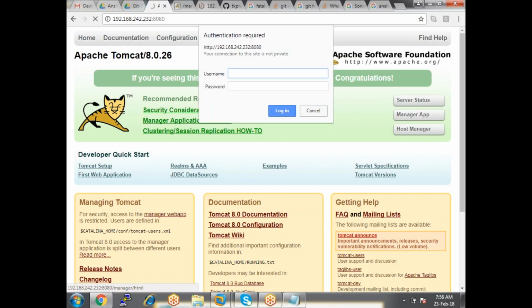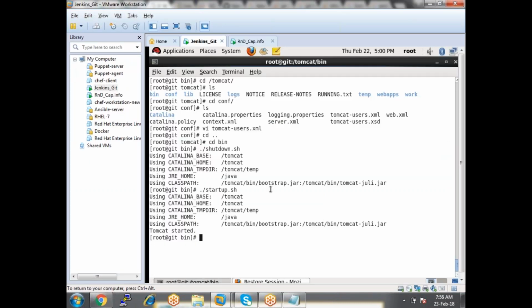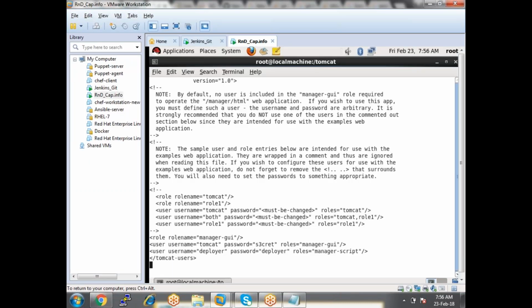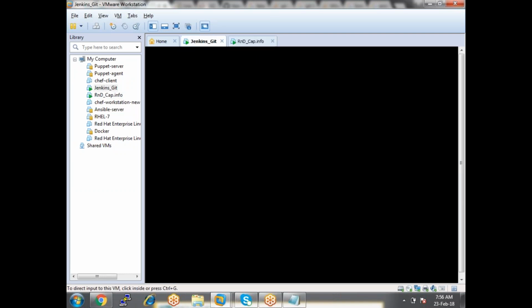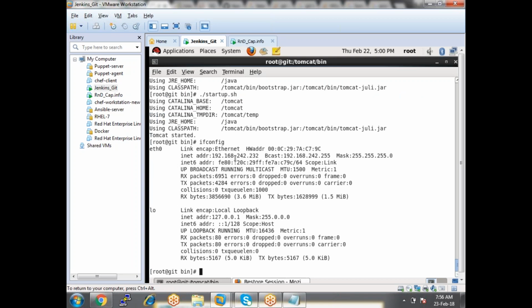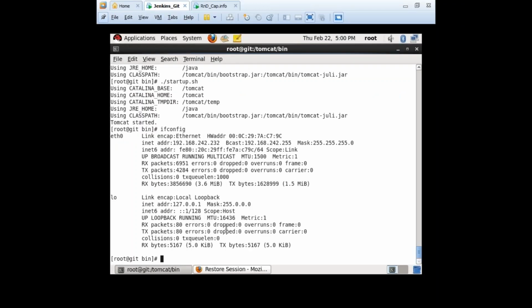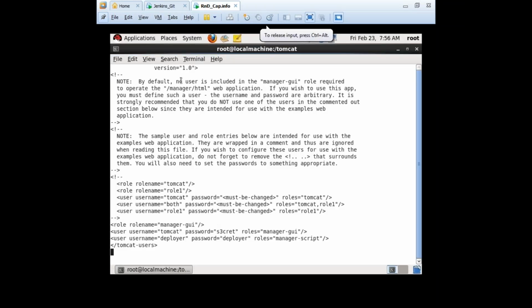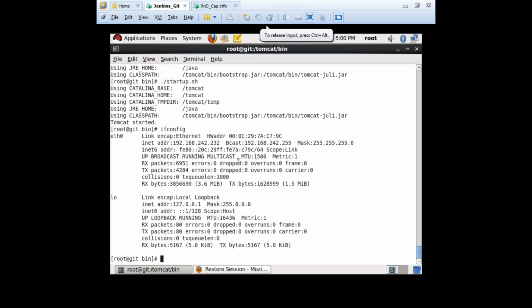Now, the manager app: the username is tomcat and the password is tomcat. Which server are we working on? We're working on 232, correct?